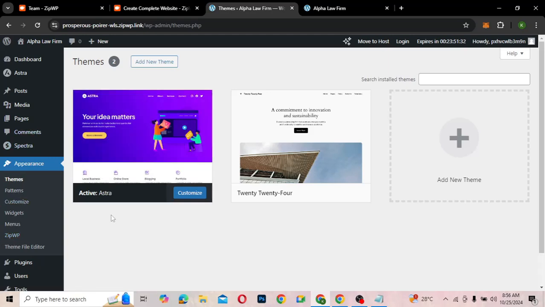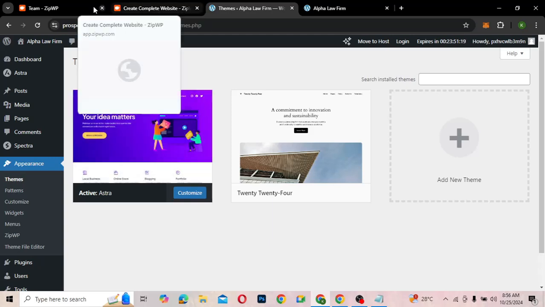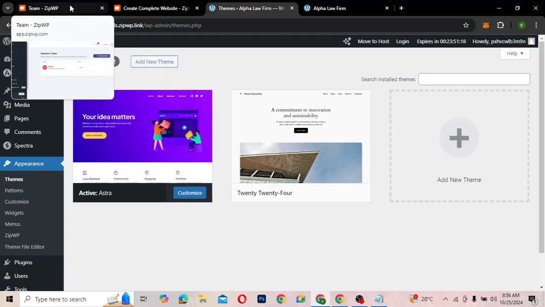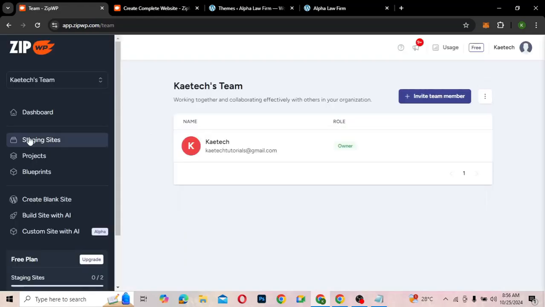Okay, so basically now if you want to export this particular website, of course you can install plugins where you can bundle this website and export it, because as you know, if you go back to our ZipWP over here, let's go back to our website, and then if you go back to our dashboard,